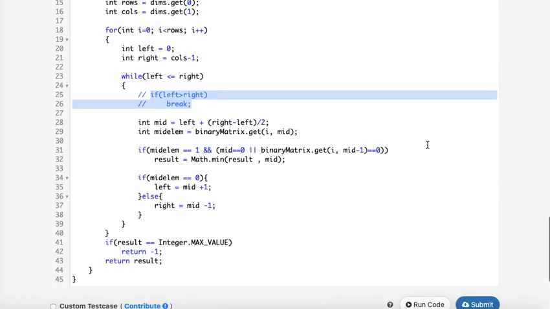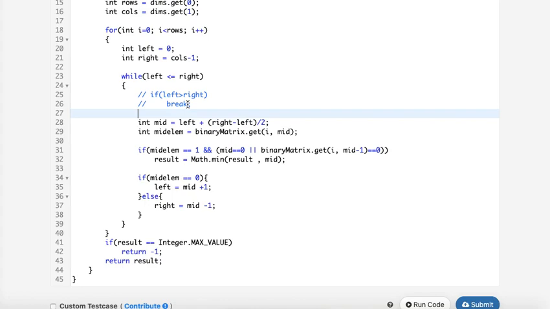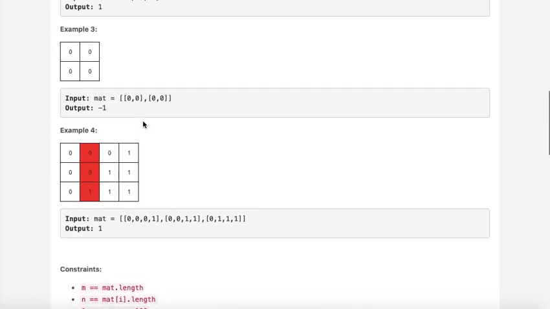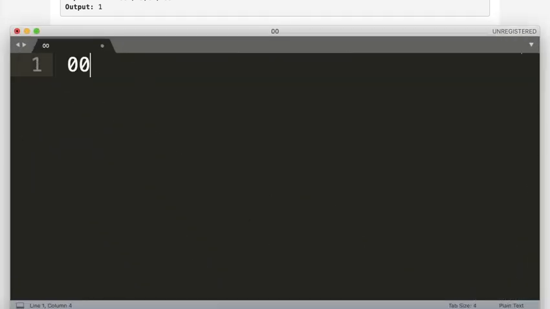So the optimization we have to do is this: when I'm checking every row, if I've already got a 1 somewhere, let me take a notepad and write it. Say I have something like this, and in the next row I have these zeros.